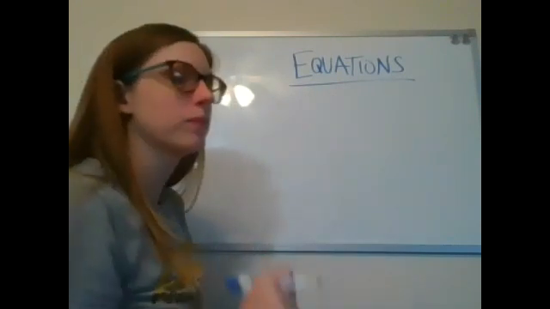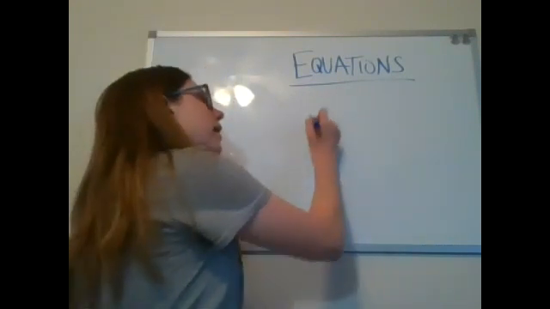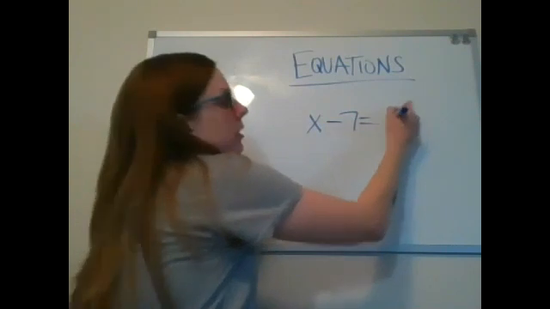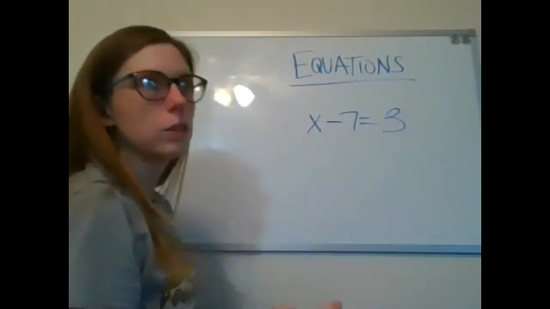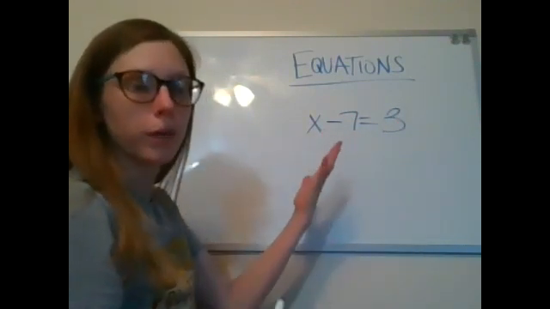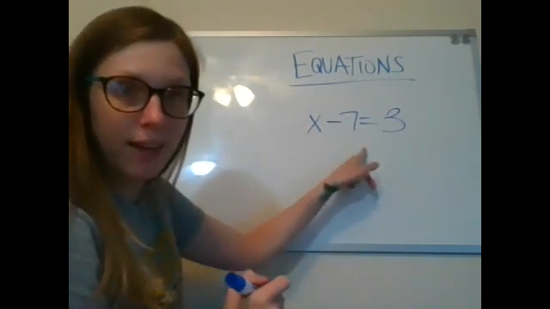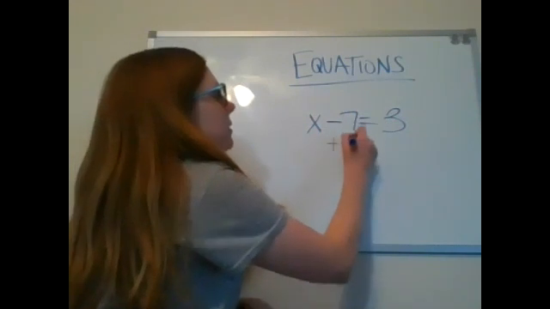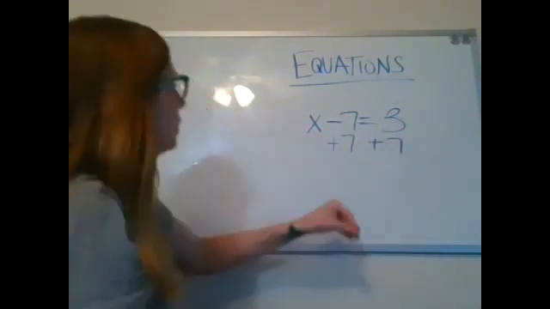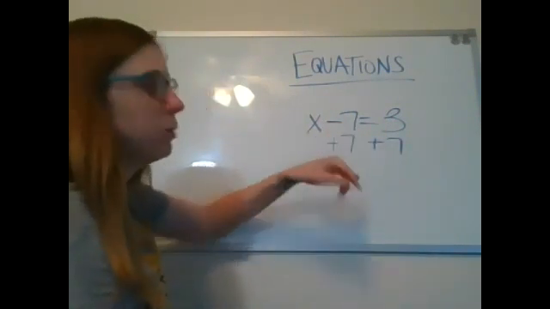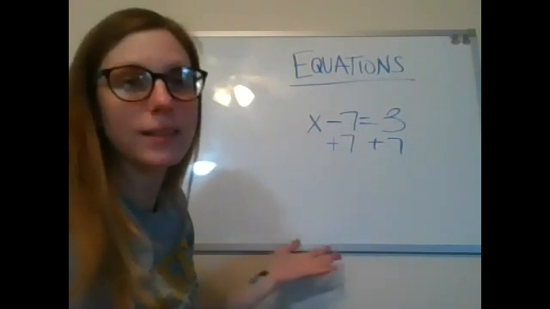Let's try another one. What if I have x minus 7 equals 3? On this one, because we're doing subtraction, we're going to reverse it by doing addition to get x by itself, so we're going to add 7. We add 7 to each side. On this side, x minus 7 plus 7 is x plus 0, so it gets x